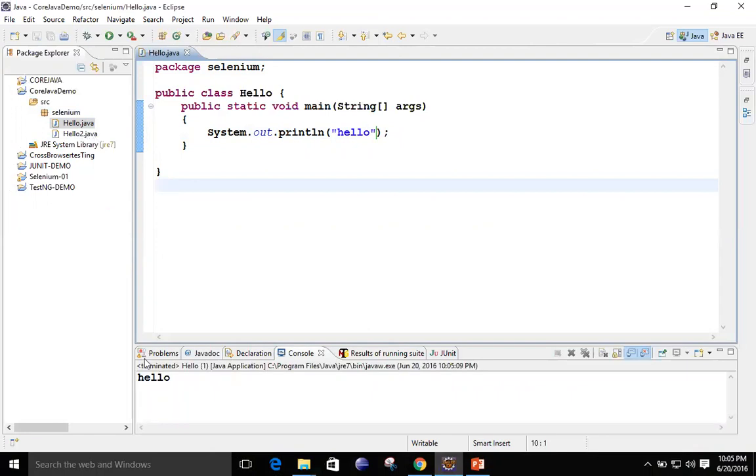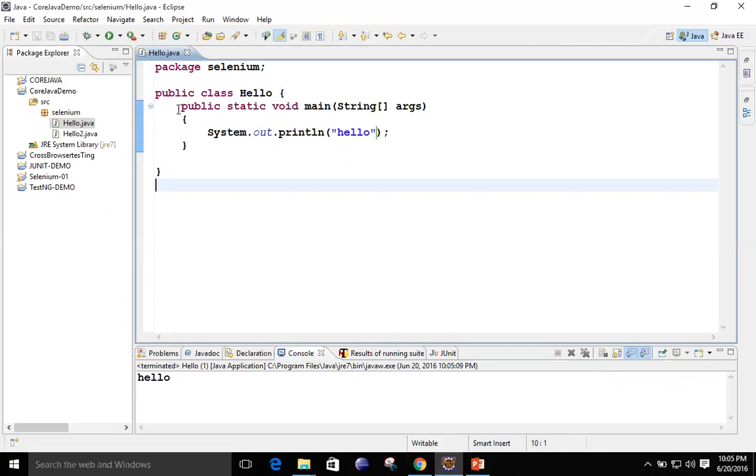You can see you are getting this message. This code is Java code, is it correct? Yes, so there is no doubt it is Java code. Till now this is Java code, and we have to work on JUnit. We don't have to work on core Java. How can this script be made into JUnit? What are the possibilities over here?